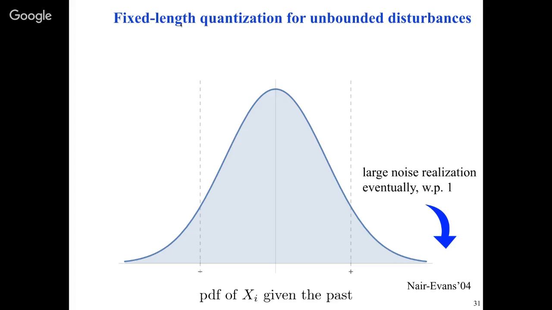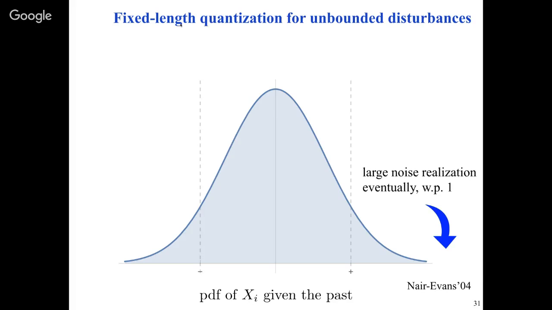And then what is going to happen is that if we are looking at this system over an infinite time horizon, then eventually, with probability 1, we are going to encounter a noise realization that is going to take us out of what we understand about the system. It's going to be so large that our distortion is going to be so large that we are not going to be able to catch up with the system afterwards. So everything is going to break at that point. Our tracking distortion is going to blow up with probability 1,